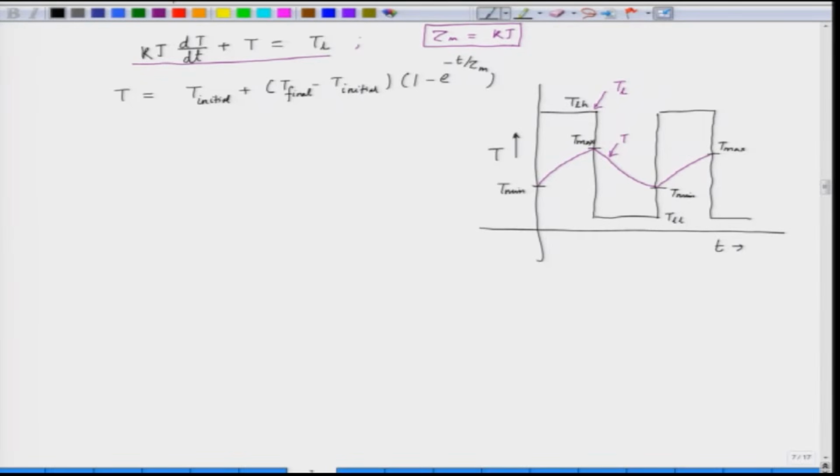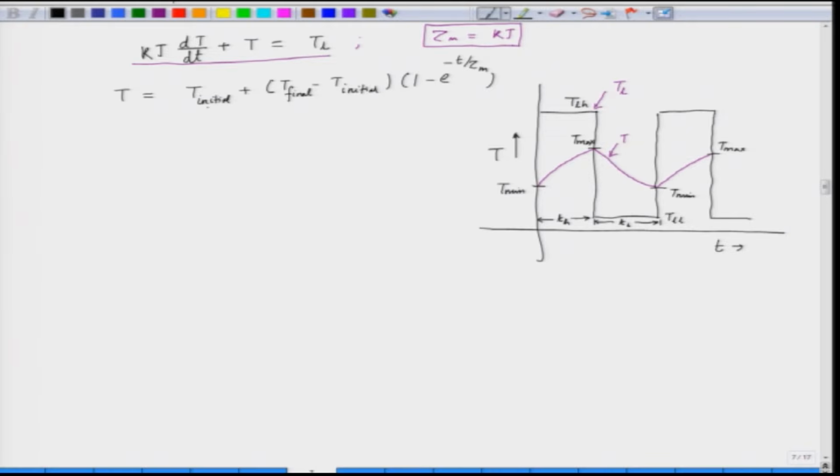So, it is between something like T minimum and T maximum, and this curve is an exponential curve, T minimum to T maximum to T minimum. Now, the time for which the torque is high, we call T h, and the time for which the torque is low, we call T L. This equation k j dT by dt plus T equal to T L is applicable to the motor behavior, which is varying between T minimum and T maximum,